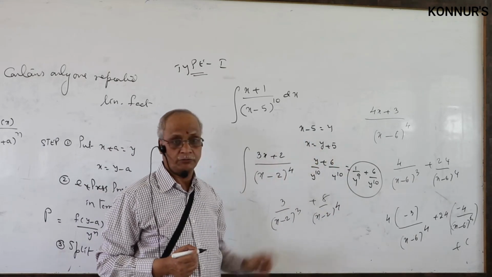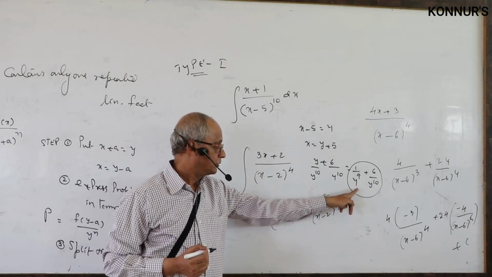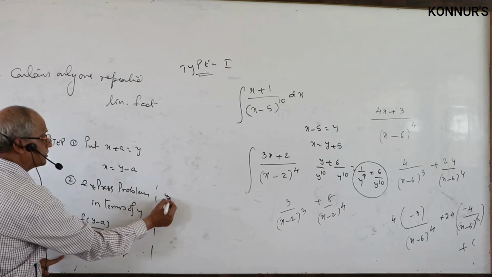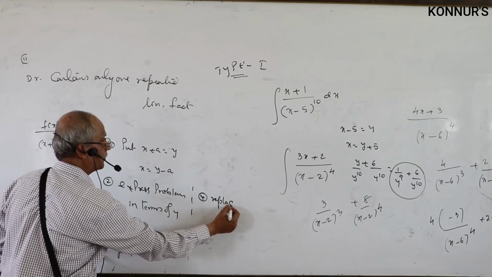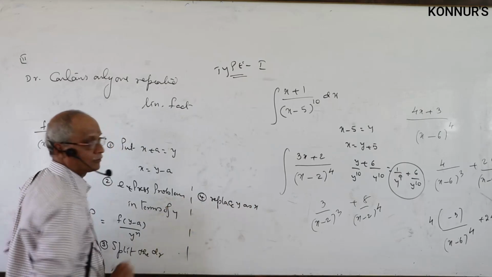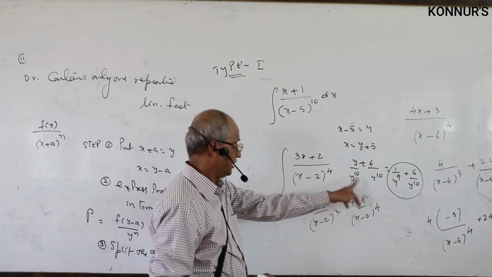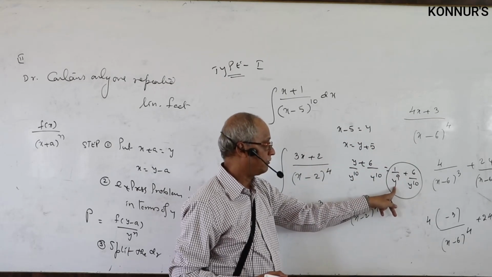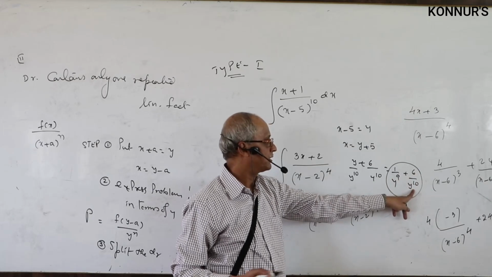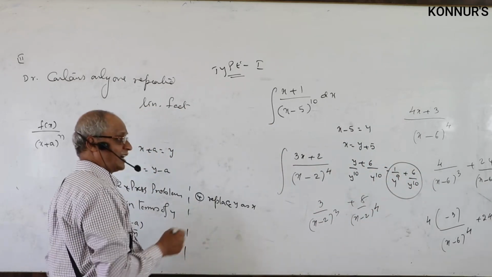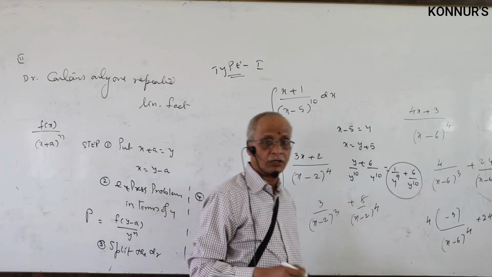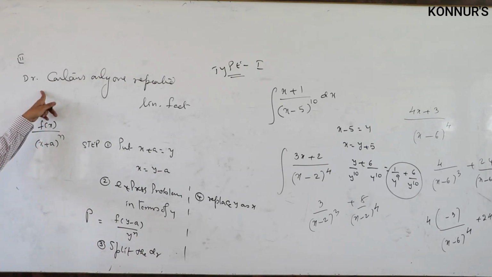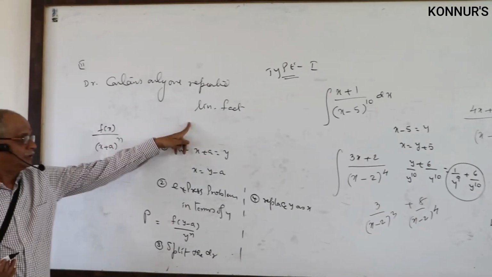Replace y in terms of x. That is your final step. Third step, split the denominator, over. What is the fourth step? Going back, replace y as x. What is the y value? x minus 5. So 1 by (x minus 5) power 9, plus 6 by (x minus 5) power 10. Answer is finished. Out of 10 constants, you are getting only 2. The other 8 are zeros. This is the so-called case where the denominator contains only one repeated linear factor.